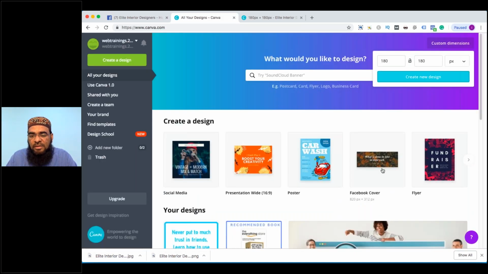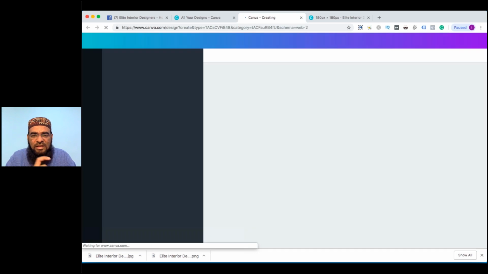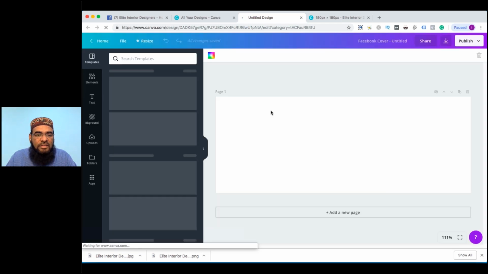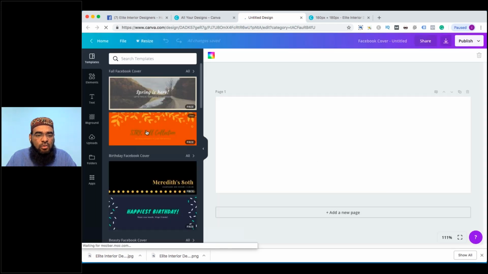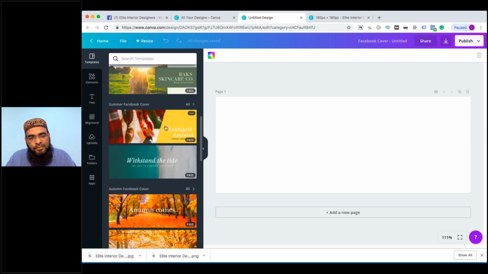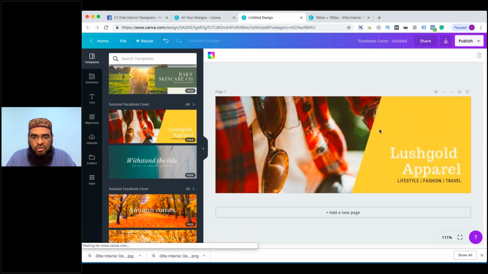So here we have a ready-made option. You see, Facebook cover photo, now 820 by 312 pixels. Let's go take the cover photo. A slight change I have made. Okay, so that's the page. Now go ahead and see, there are already some designs, but I don't like them. I just want some kind of nice look, and our color combination should also match with it.